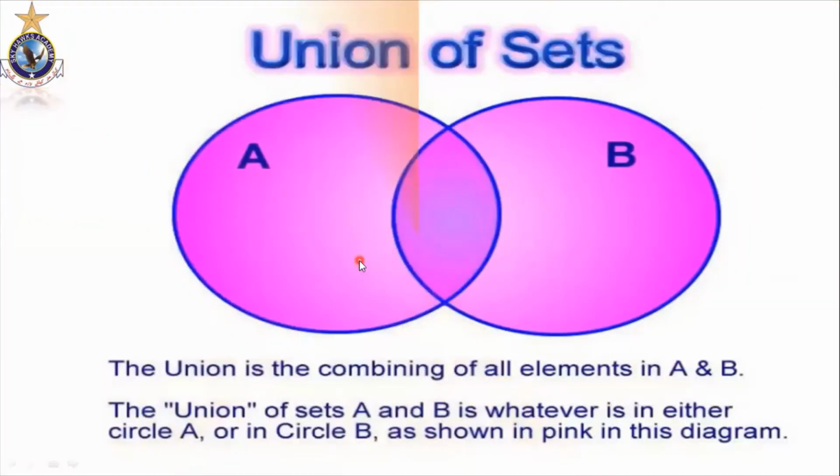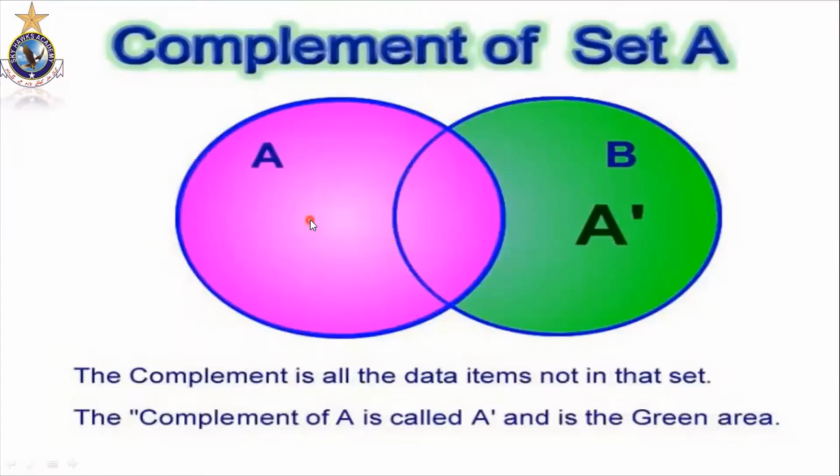Now we are moving to the next, that is the union of sets. As I was saying, the two sets are over here, and all the area, including the common area and their individual areas, is colored the same color, pink. Each and everything is pink. So that's why we can say this is the union of two sets.